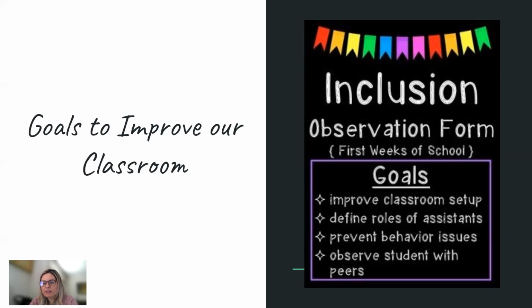So really self-reflect. Is this working? Did it work last year? Can I add more of this or that? Do I need more materials? Which then would need you to ask for some support from your leadership. So again, you have everything ready, prepared, to have that sense of calmness, because you have everything too. Define roles of assistance.